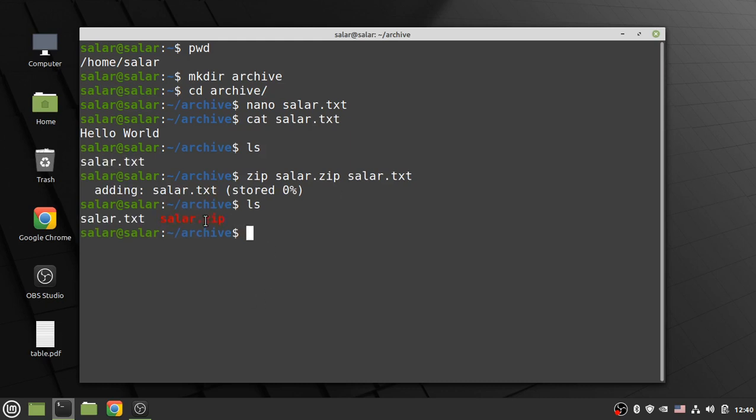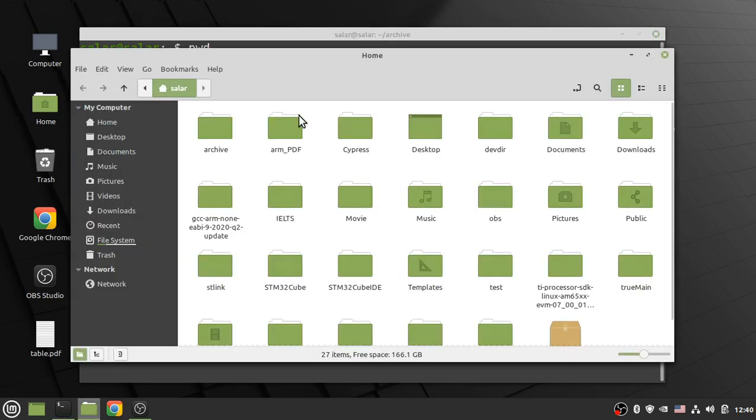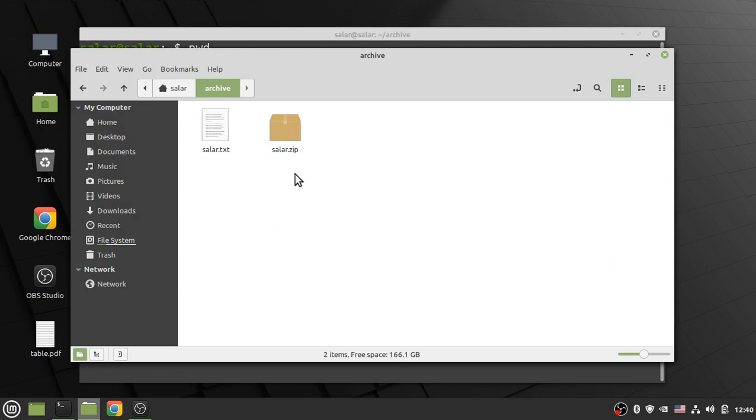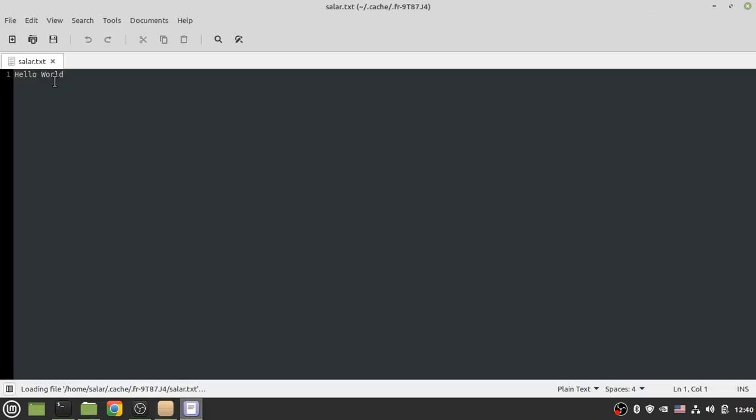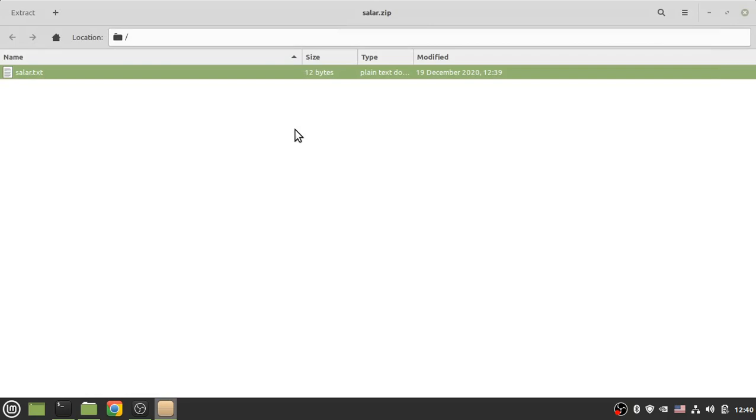Okay, I have a zip file, and if I open the GUI, go to archive, I have a salar.zip, and it contains salar.txt. Hello. Okay,